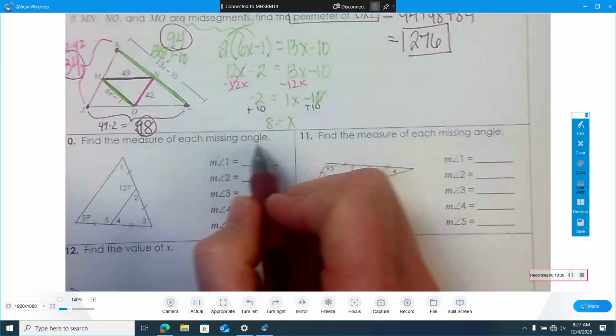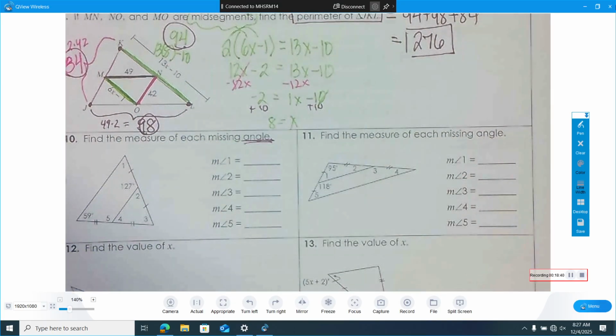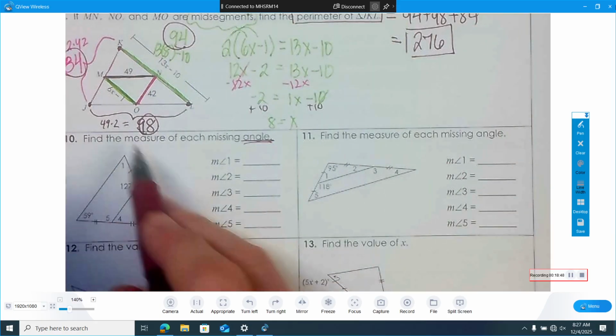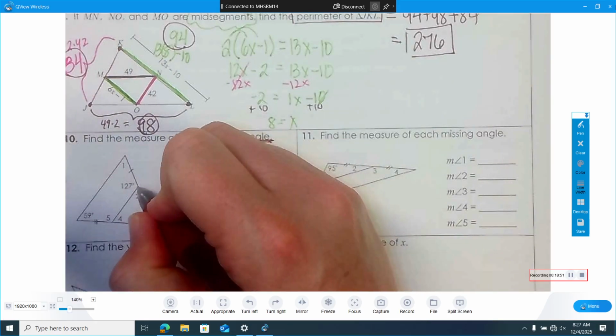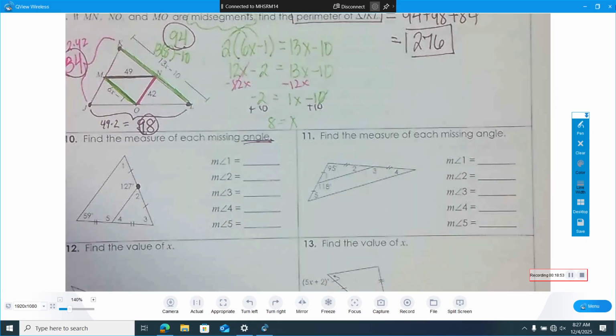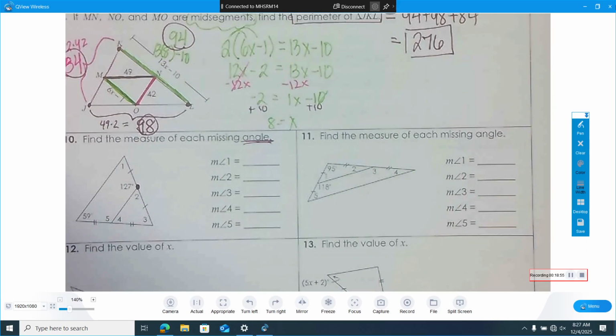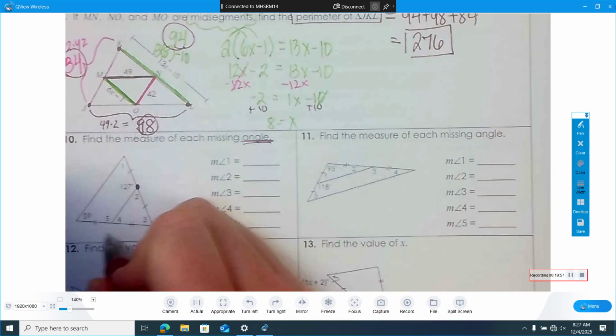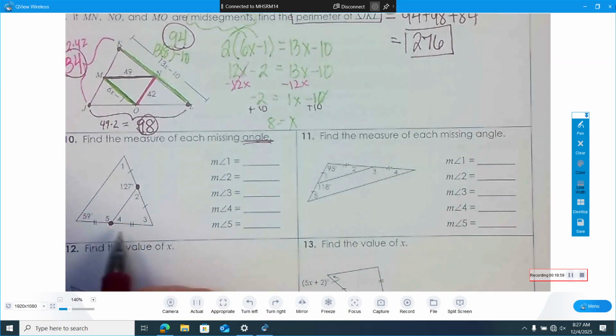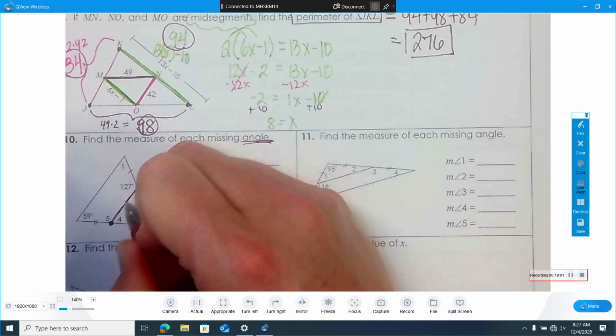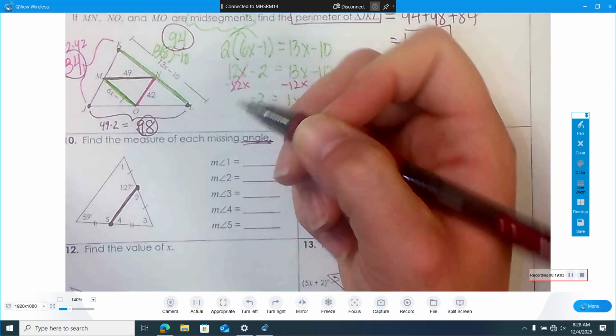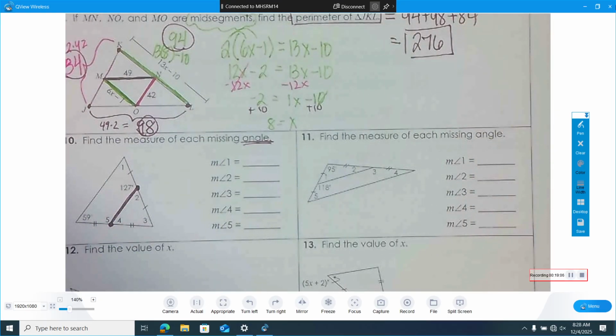Find the measure of each missing angle. Ladies and gentlemen, now we're back to angles. These are not lengths of sides. We're talking about angle measures, okay? Now, looking at my picture, tell me about this point right here. It's a midpoint, and on this side it is also a midpoint because it's been divided, so I have here a mid-segment. And if I have a mid-segment,